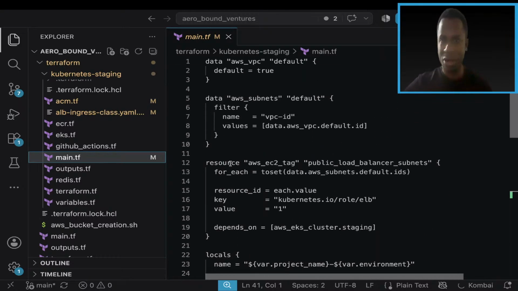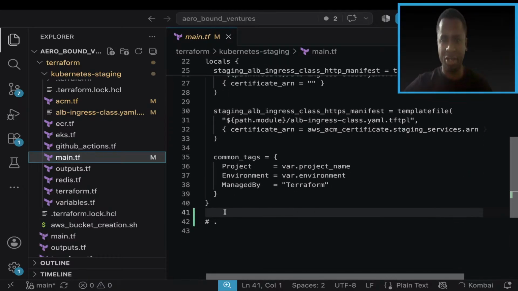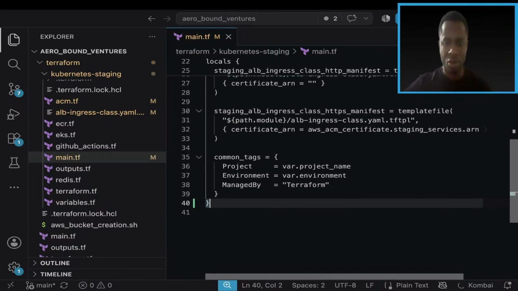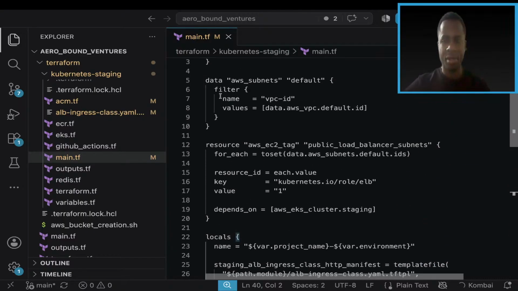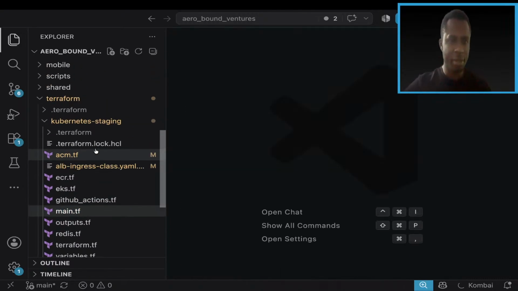I don't think I changed anything here. Yeah, this one looks clean. Okay. Next,